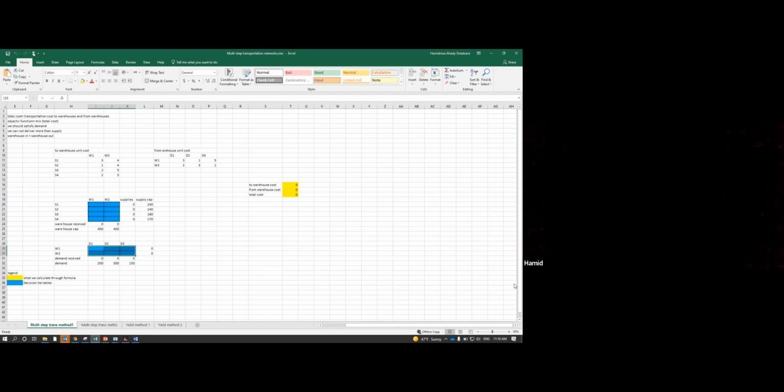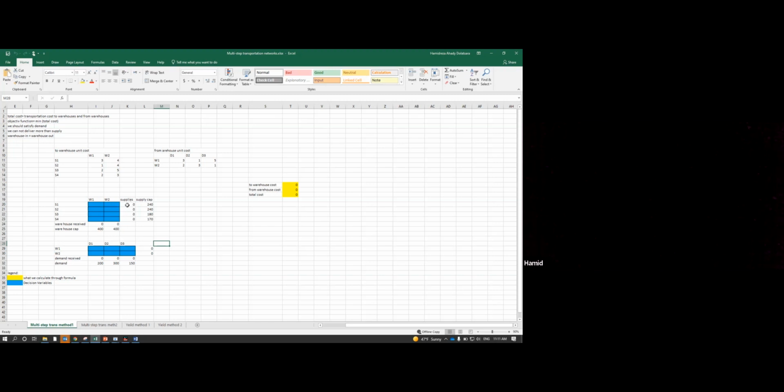Again, blue cells are my decision variables. I decide how many I send from each supply to warehouses from the above table, and in the lower table, I decide how many I send from each warehouse to each demand point. Based on these decision variables,